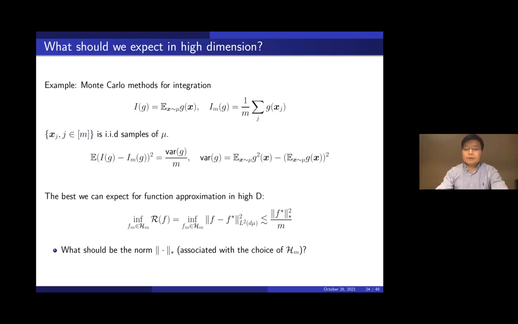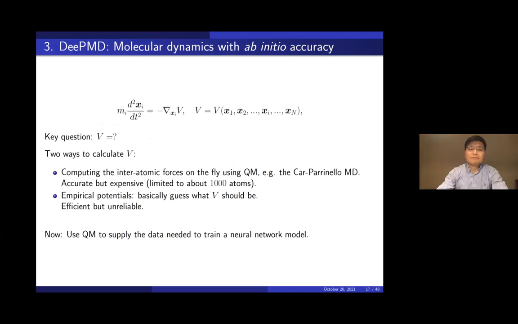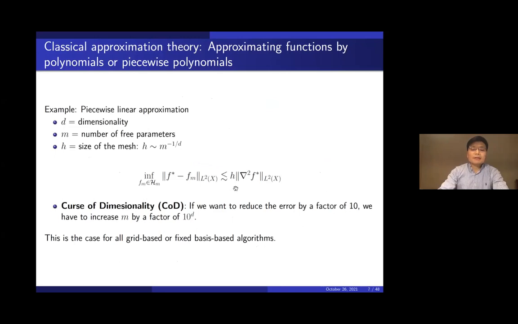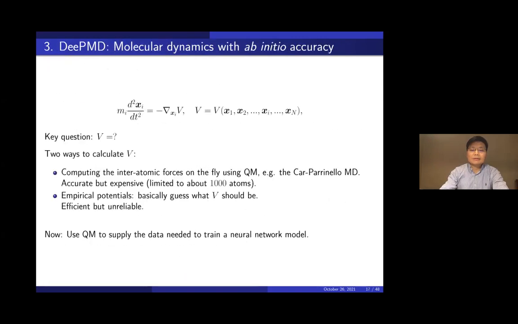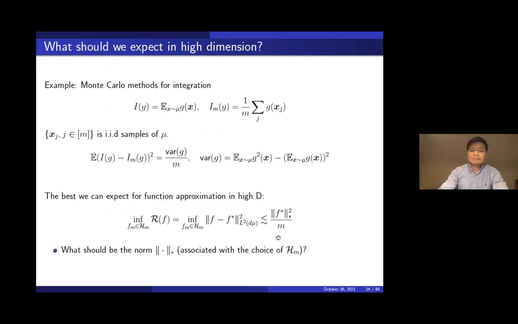So are you referring to the classical one? Yes. I see. Okay, before, let me go back. Before it was the Laplacian of f star over m to the 1 over d. The problem is that there is a 1 over d. So now I don't want to have the 1 over d. I want to have this, motivated by this. This is analogous to this.